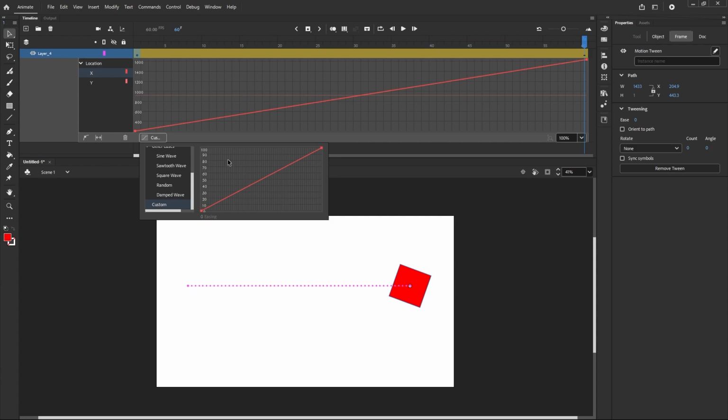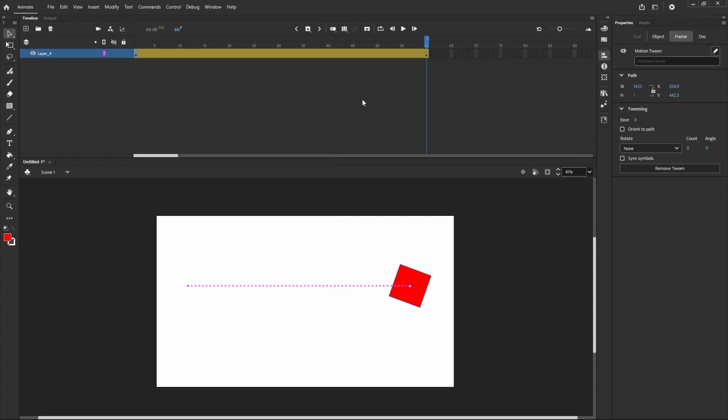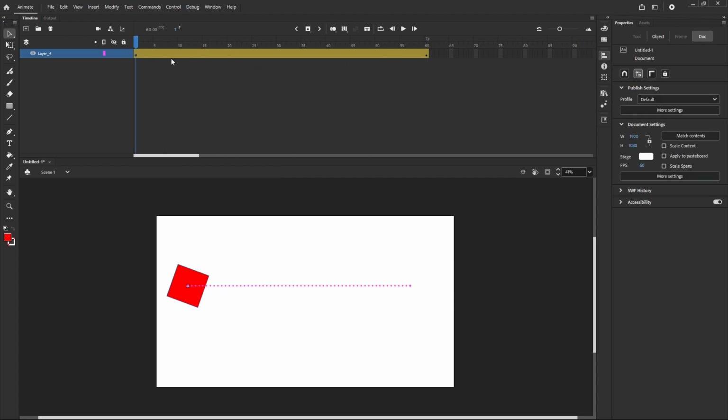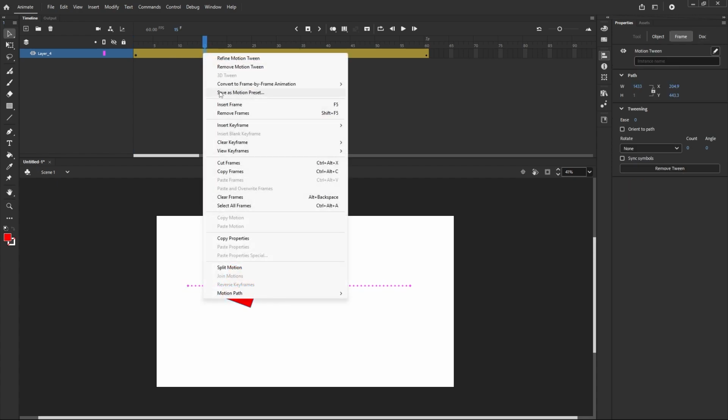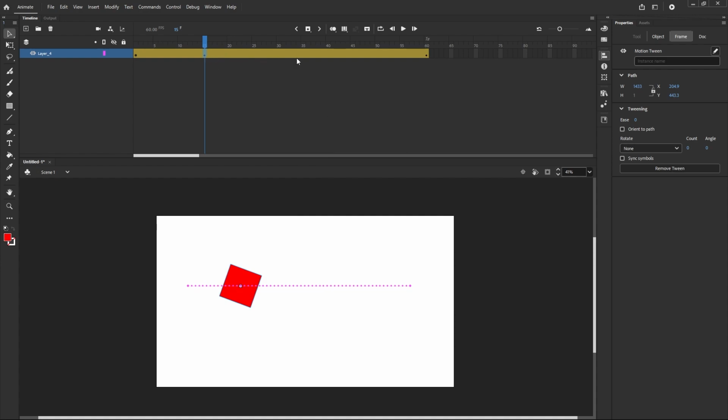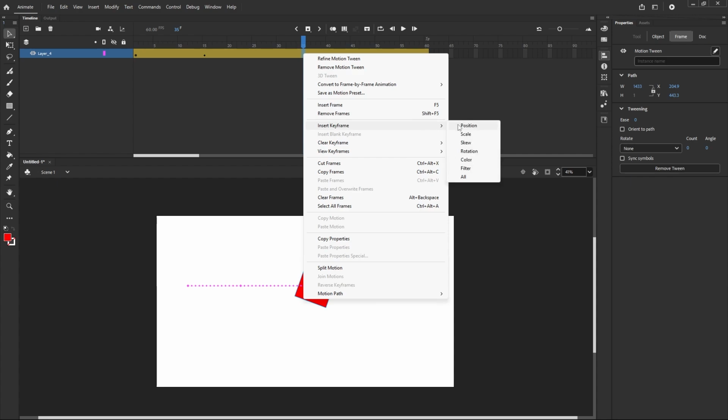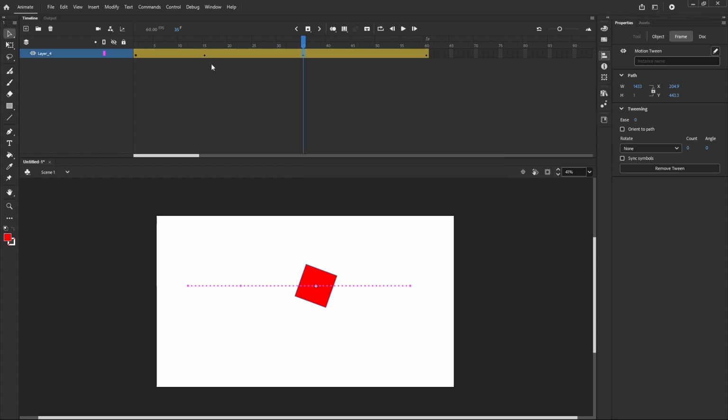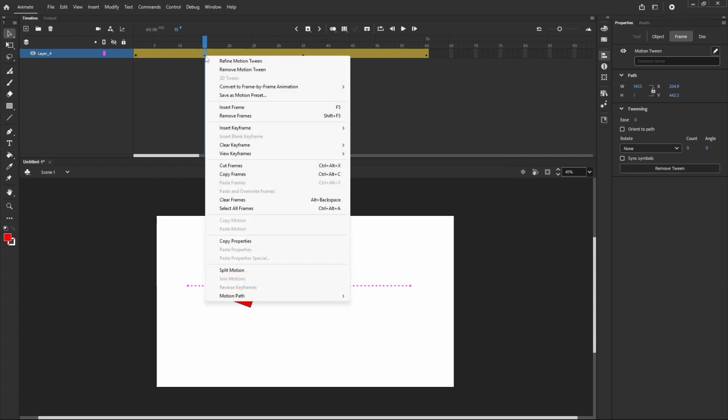And this is custom, this is normal, right? And you can click here and you will get back to normal, right? So this is all about the motion tween. And even you can add the keyframes here. Right click on that and insert keyframe. Suppose here I'm adding the same position, and here one more keyframe I'm adding. The position is same, but here at that position